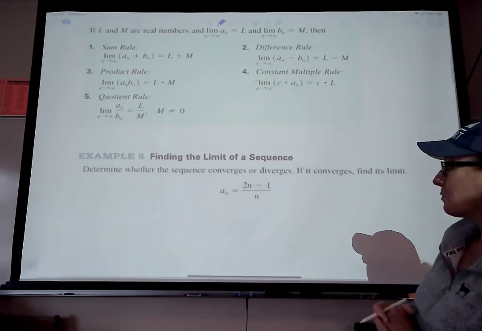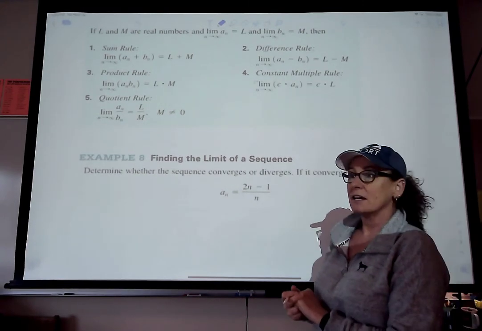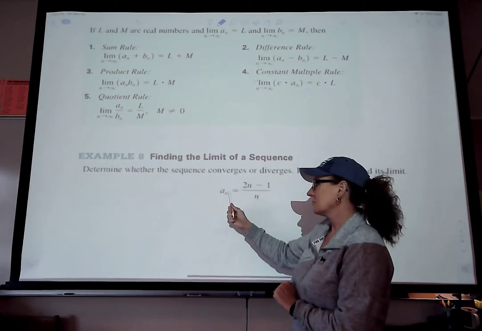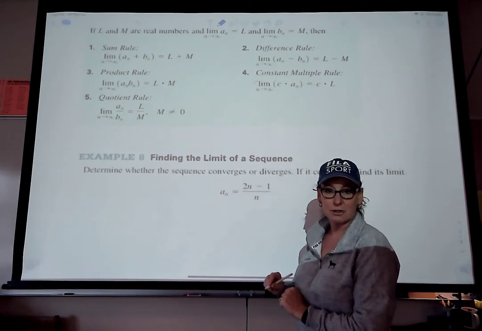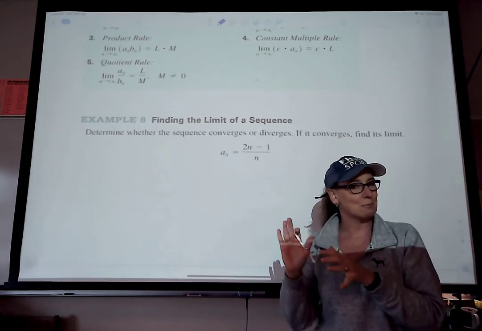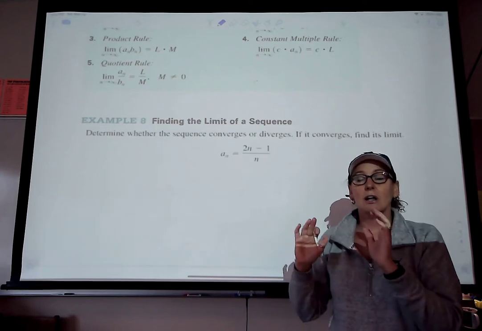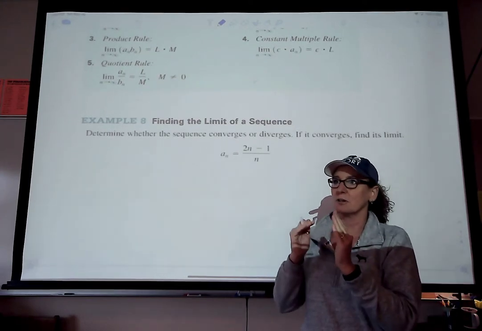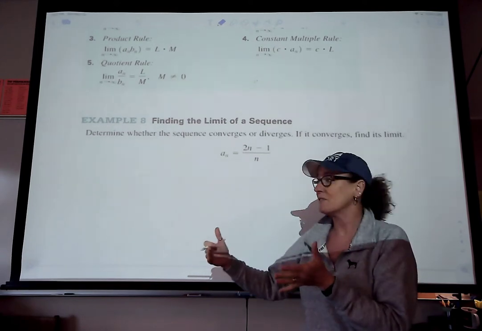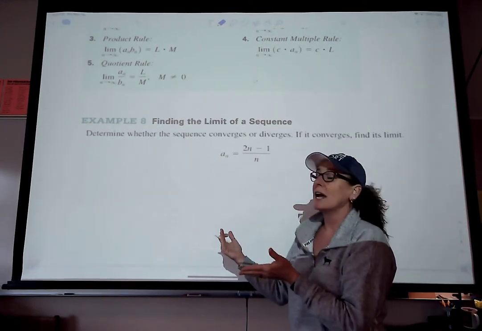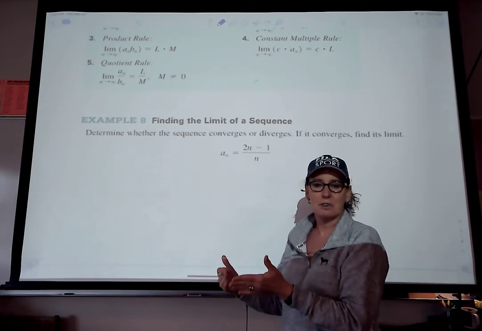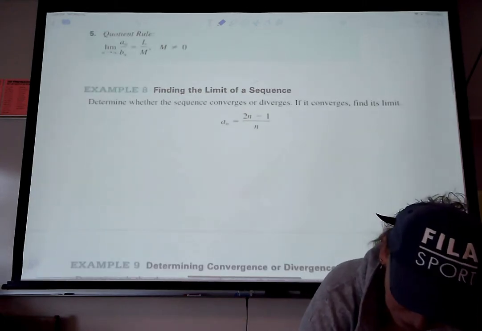Okay, here we go. So this sequence is defined explicitly. If I wanted to jump to the 100th term, I could certainly sub in 100 and find the 100th term. Now, remember how I said this is going to get pretty hard in third quarter. So a lot of times, just for fun, or maybe just for some more clear understanding, I like to write out several terms in a sequence, even though it doesn't tell me to, even though I wouldn't really have to in order to solve this problem. I just want to know what's going on with this sequence. So just for fun,